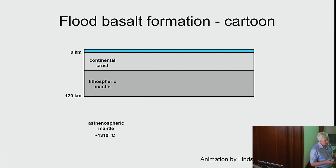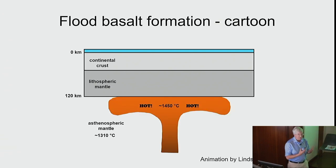And this is a little cartoon of what then happens. Here's the crust on the mantle with the mobile mantle underneath it. If you put a mantle plume underneath it that's 140 degrees C hotter than normal,